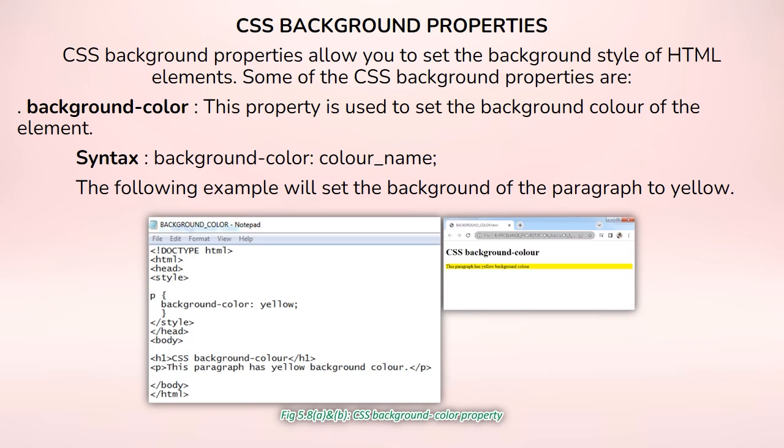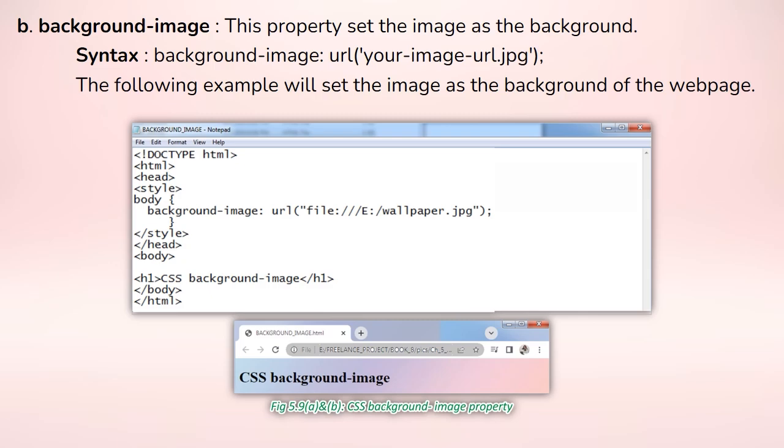The following example will set the background of the paragraph to yellow. B. Background image. This property sets the image as the background. Syntax: background-image: url(yourImageUrl.jpg). The following example will set the image as the background of the web page.